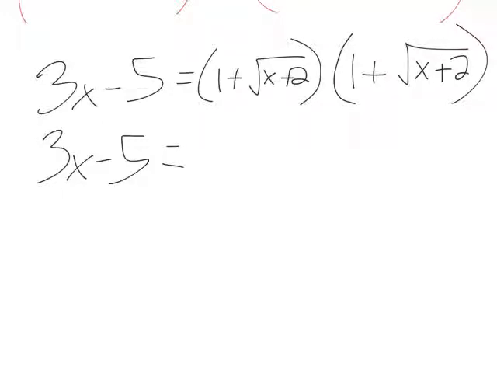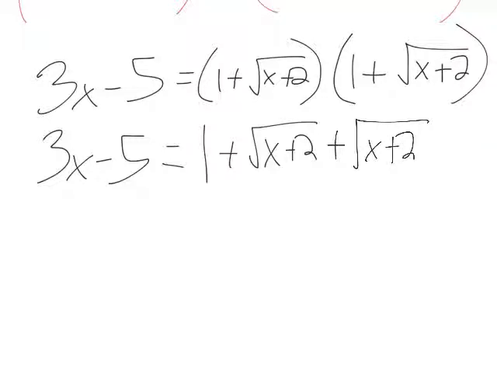So first we do the first terms. I'm going to follow FOIL. So we do the 1 times the 1. And then the outer terms is just 1 times that root. Inner term is going to give me the same thing, the root times 1. And then we have the two roots multiplied together. So when I multiply these two together, it's the same thing as squaring just that root because they're identical, okay? So what happens is we lose the root and we just have the two terms,